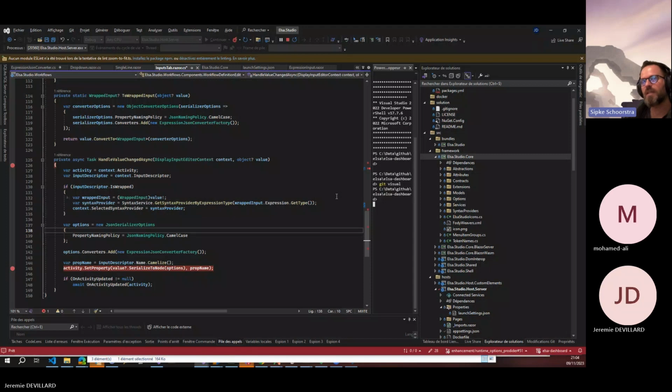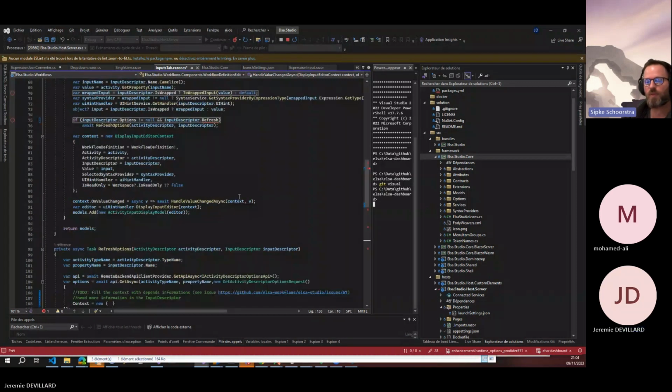So that's one. Two, and this could be a concrete implementation of this ability that I just described, where you implement cascading dropdowns. So using this mechanism, you can now have even using custom attributes that you annotate your input properties with on your activity, just to